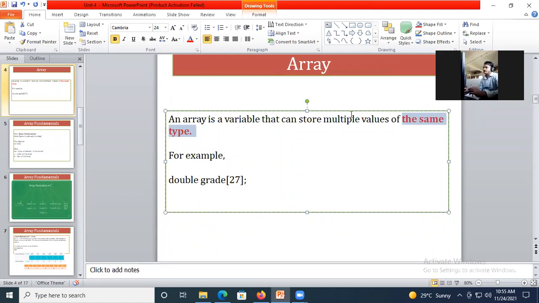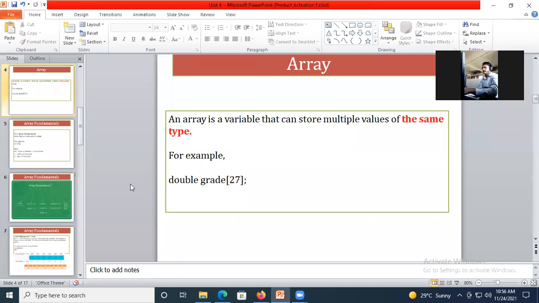Same type of values we are going to store. How to declare: data type, then name of the array variable, then size of array, that means how many values you wish to store in the array. And if you wish to define in the same way, give equal to and put the values into curly brackets. Value कशामध्ये द्यायच्या नंतर curly brackets मध्ये. At max you can give 27 values. You can give less than 27 but not more than 27 values. आता हे झालं array declaration and definition part.